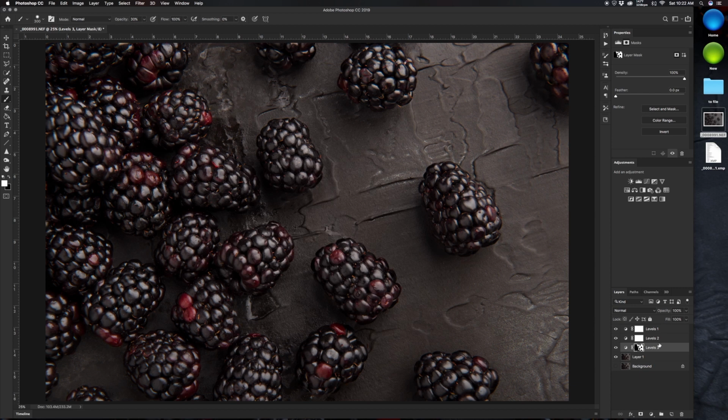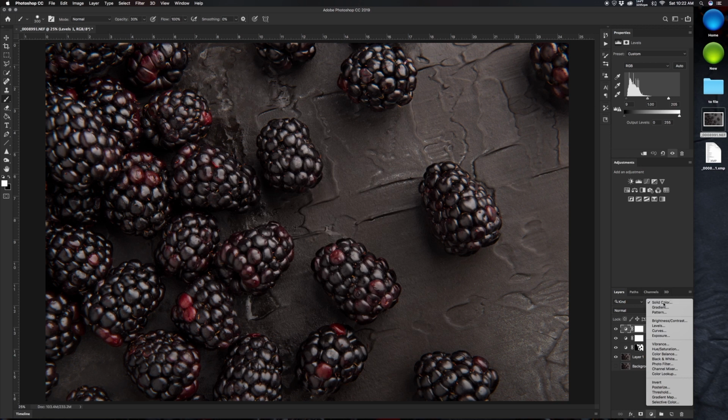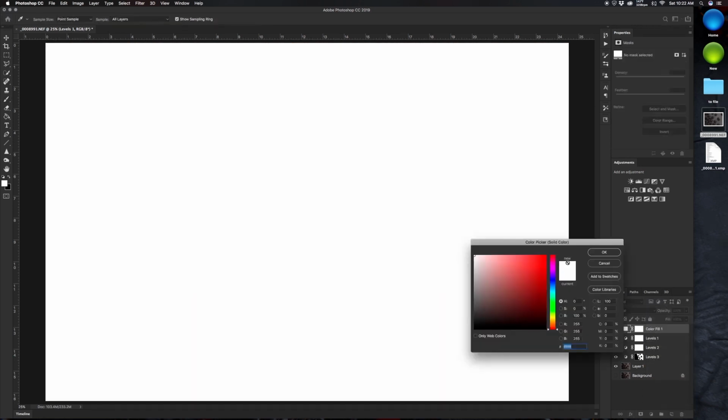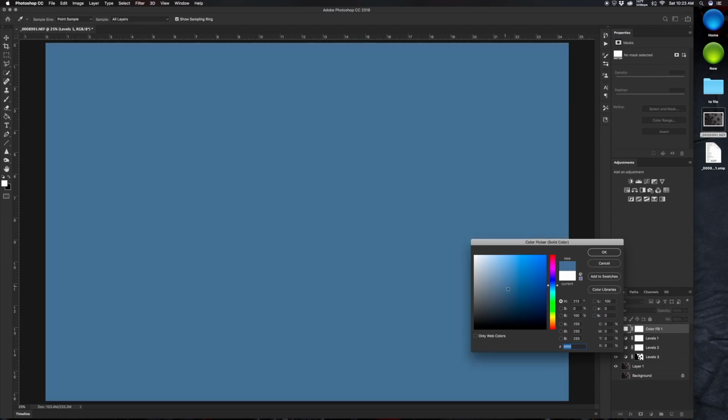So from that point, I would typically come to your very top layer. Anytime you add a layer, it's actually just going to add it on top of whatever layer you have selected. So on this one, I want it to be at the top, so I'm going to select the top layer. I'm going to come down here, click on solid color, and then right here we're going to select the blue. I like a little bit of a bluish green color,